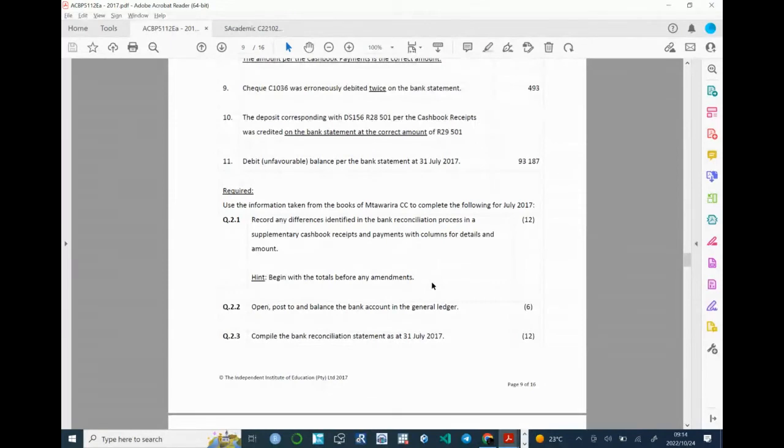And begin with the totals before any amendments. So basically begin with your provisional totals they give us within the question, and then open, post, and balance the bank account in the general ledger. So this is your whole bank record process, and then compile the bank reconciliation statement as at 31 July